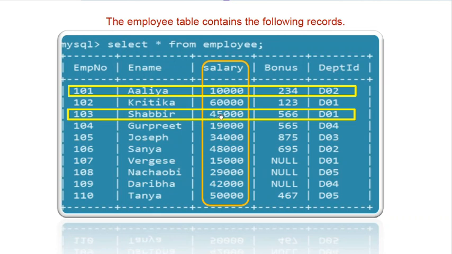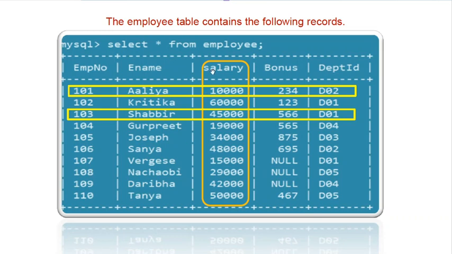So this is neither in ascending nor in descending order. Whenever we arrange or sort data on the basis of any column, it may be on the name, on the employee number. Currently, it is arranged on the basis of employee number. You can observe 1, 2, 3, 4, 5, 6 on the basis of employee number in ascending order.